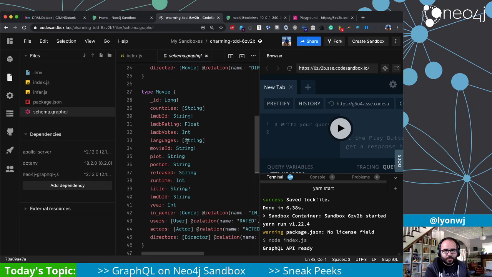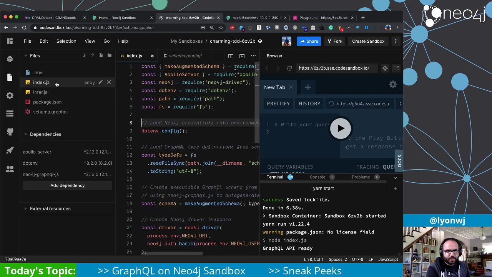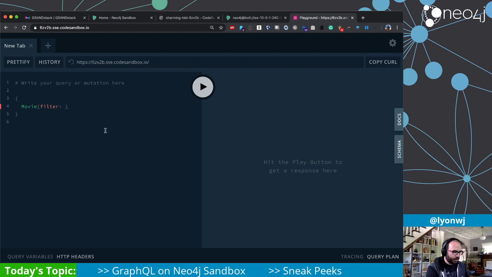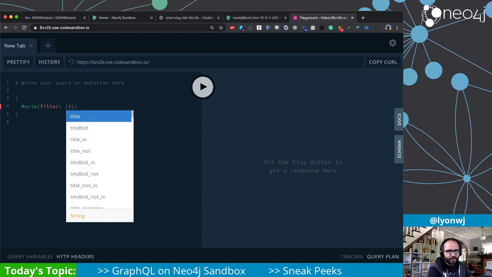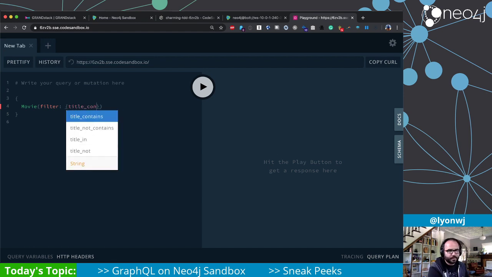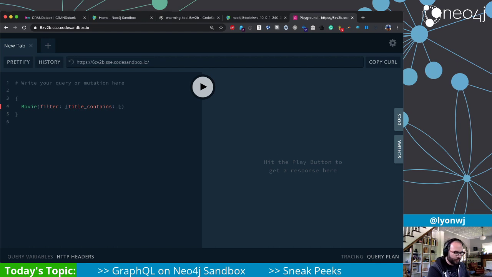But when we go through this makeAugmentedSchema process, we add things like filtering, pagination, and input types in GraphQL, which is nice. So we can now filter, in this case, for movies where the title contains whatever we want. And then when we match on that, let's just bring back